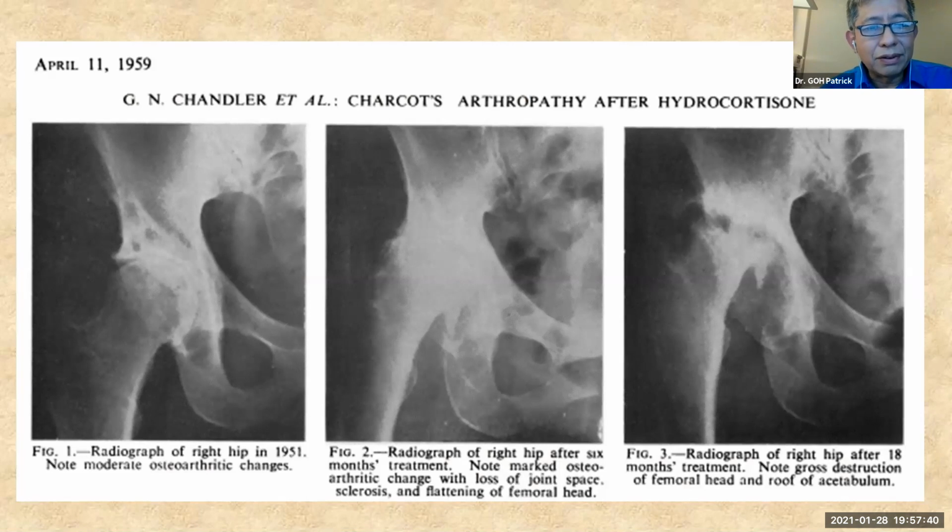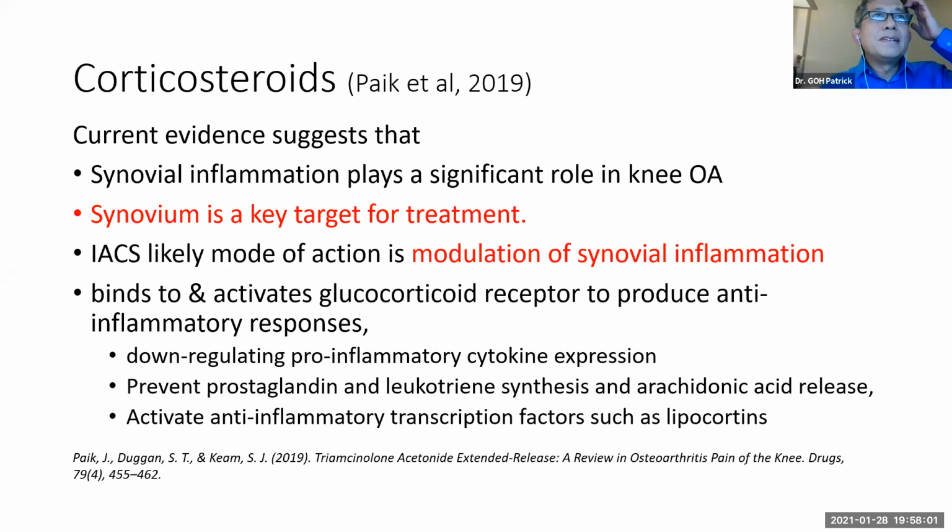The radiograph of a hip in 1951, which was osteoarthritic, and after receiving injection after injection of hydrocortisone, it was completely destroyed, and it didn't look very much like a hip anymore by the time you look at the picture on the right. So let's fast forward now to this era, and this was a nice review in